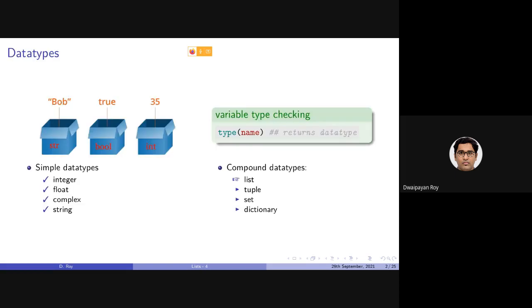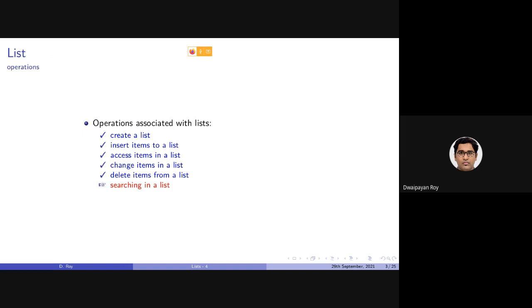So we were discussing the compound data type, that is list, and we will try to finish the discussion on list in today's lecture. In the last class, we looked at one example of how to search for an existing item in a list. We looked at the function called index, which can provide us with the corresponding location in which a searching item is placed.